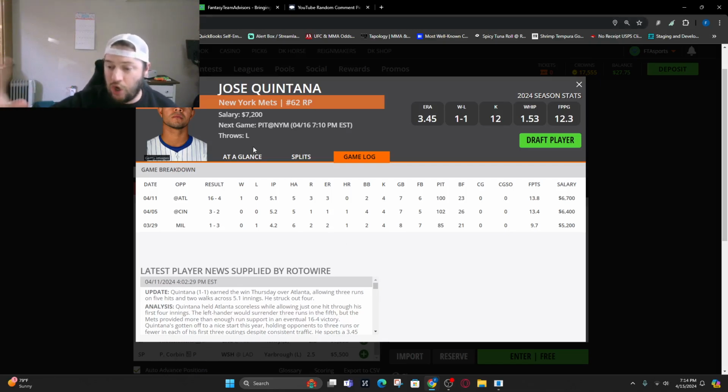It's the most he's been all year, and he hasn't gone deep into games, and he really hasn't struck a ton. You would love to see 6+ strikeouts out of a starting pitcher to make you feel confident, especially at a $7,200 price tag. So as of right now, Quintana for tournaments, none of the bats,